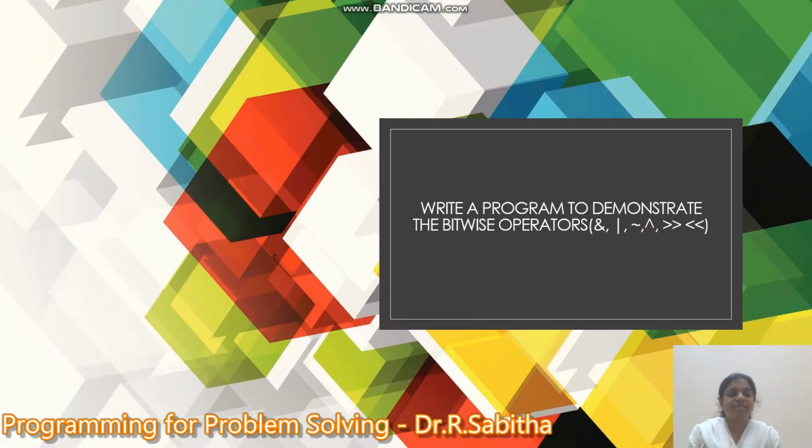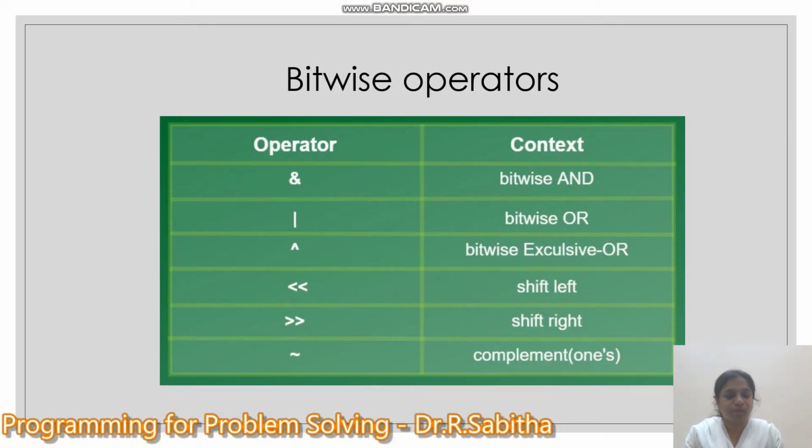This video demonstrates the usage of bitwise operators in a C program. So we have around 6 types of bitwise operators. All these bitwise operators work on bits. It will convert the value of the operand into binary, and then the operations will be performed on the binary bits. The first bitwise operator is ampersand, which is bitwise AND, then bitwise OR. Then you have bitwise exclusive OR, left shift and right shift. This will shift the bits by the n number of digits you give. And then you have complement, which will negate.